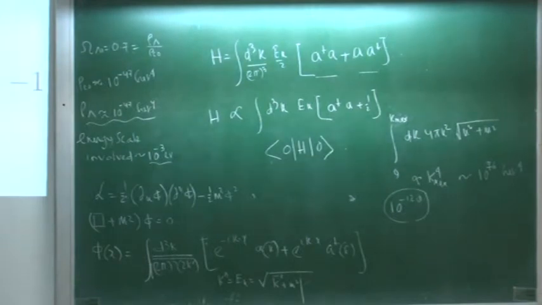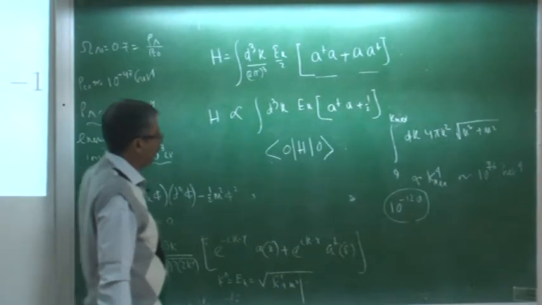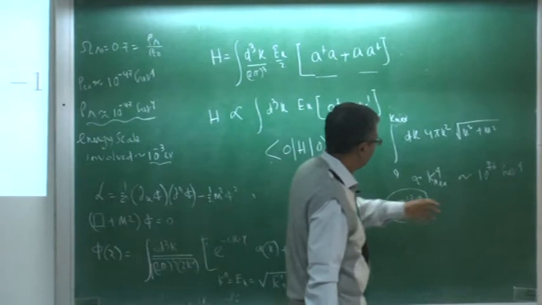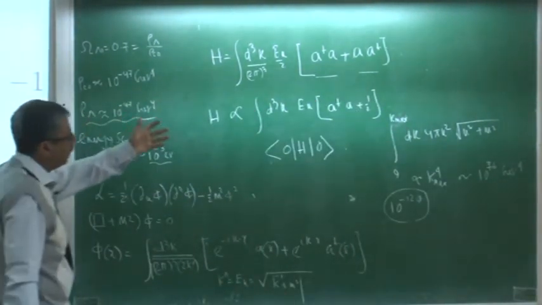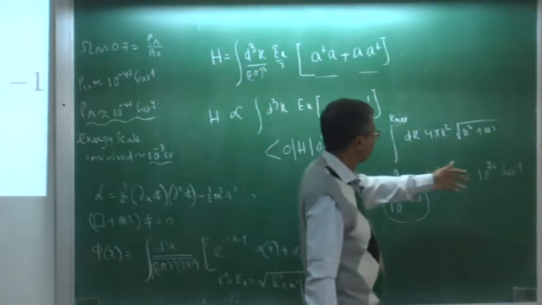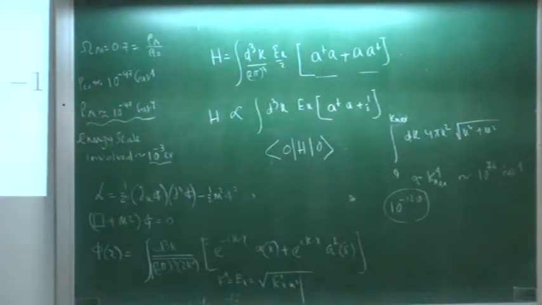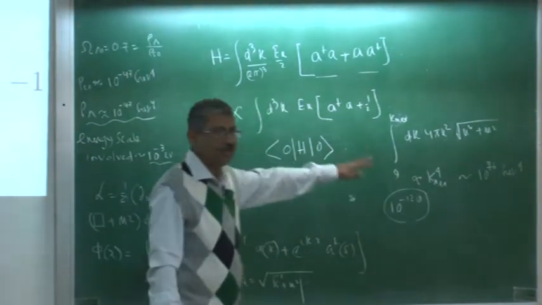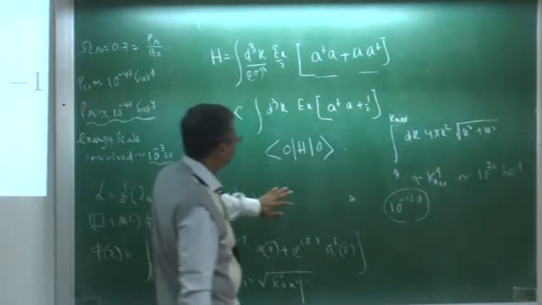So how can I fine tune the cosmological constant to such a low value, where actually it is the ground state energy of any field theory? So it is of the order of this. I can cut it off not at k Planck, I can cut it off at k Guth, or I can cut it off at say electroweak or QCD or whatever. Still you will see that the difference in order is huge. It is maybe not 10 to the power minus 120, but it is also obviously very huge. Right? So that is the fine tuning problem that we have.